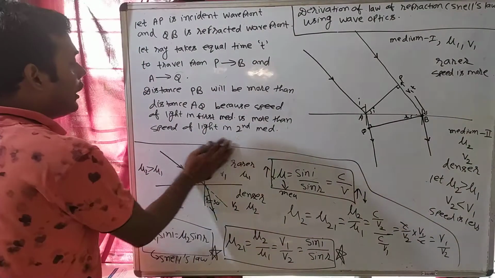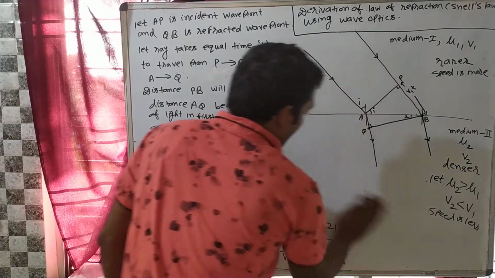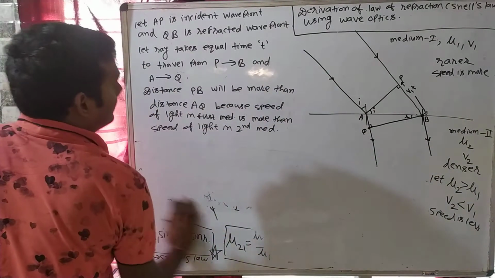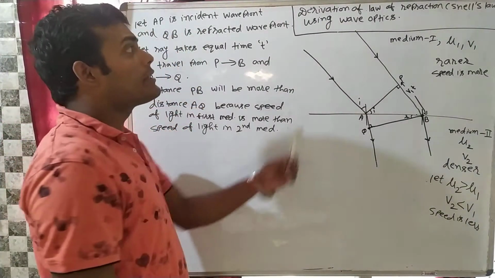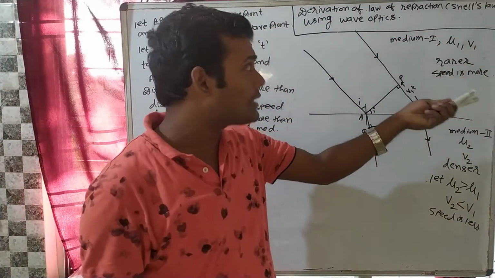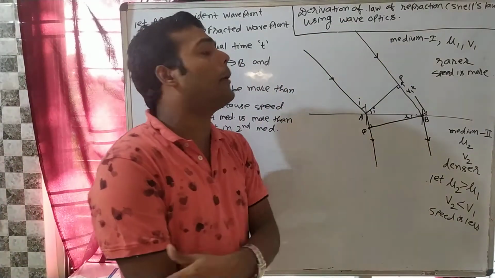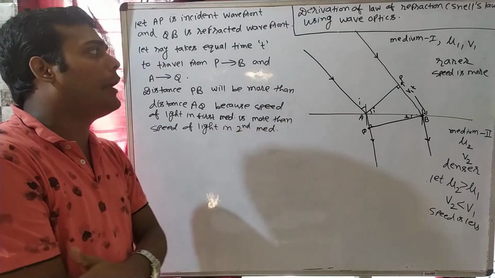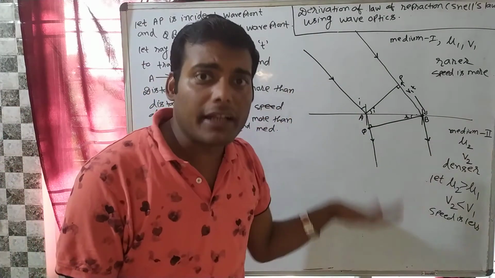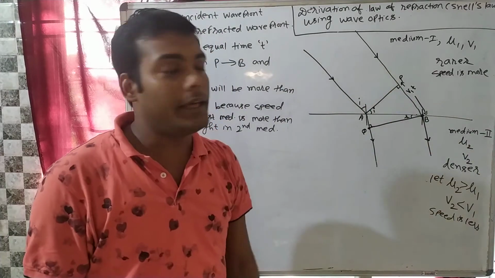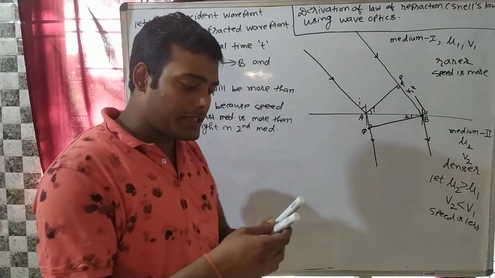Now I will come to wave optics. Okay, now try to understand this. Today my topic is derivation of the law of refraction, that means Snell's law. Now you know what Snell's law is: mu1 sin i is equal to mu2 sin r, using wave optics. So we want to derive that using wave optics concepts. In wave optics we know one thing: the wave front is perpendicular to the direction of ray. Here, what is the direction of the ray? Like this. We learned how to make wave fronts in the previous lecture.